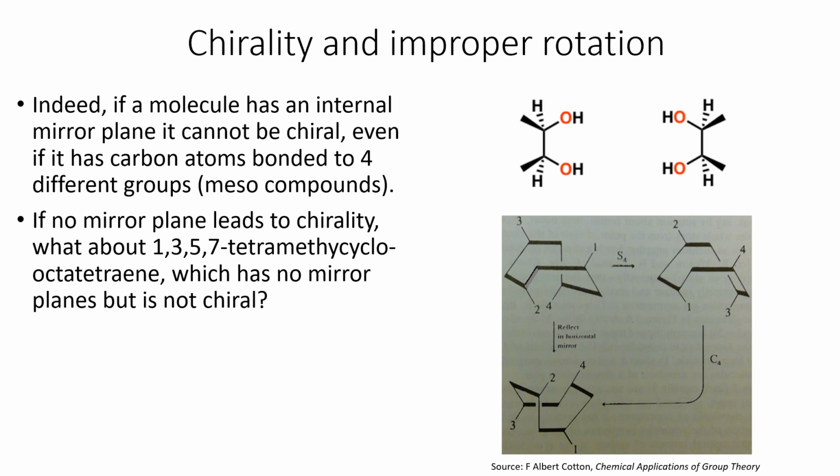That's to say, it is superimposable on its mirror image. So that's just a neat little exception to the rule that you need a mirror plane for the asymmetric carbons not to lead to a chiral molecule. But strictly speaking, it's not a mirror plane, it's actually an improper axis of rotation. Of course a mirror plane is an example of an improper axis of rotation, it's S1. But any improper axis of rotation will do this because it's got a kind of mirror symmetry built into it. And I think this leads me onto my final comment I'd like to make about all this,